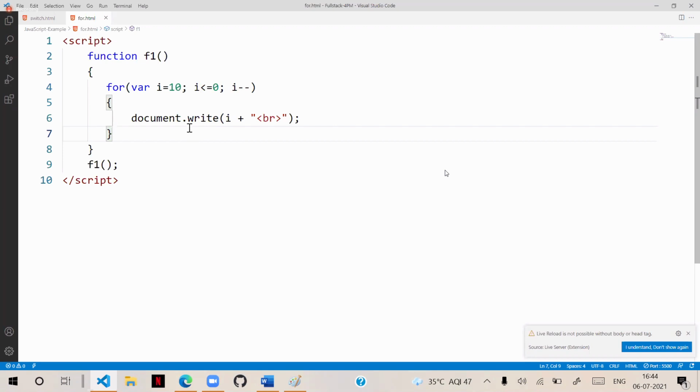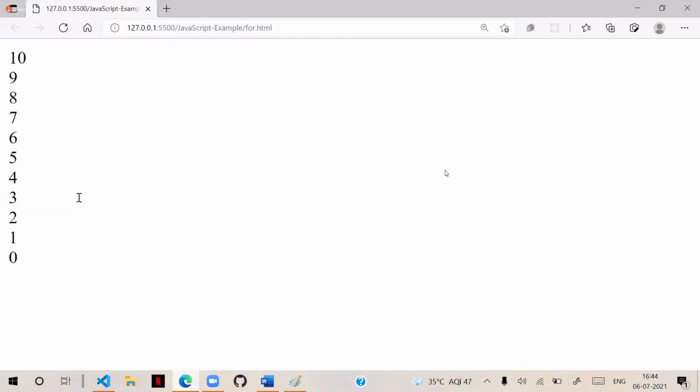We need to define it with increment and decrement.